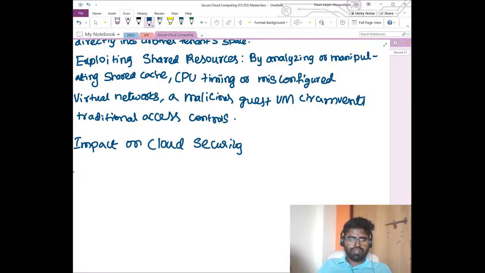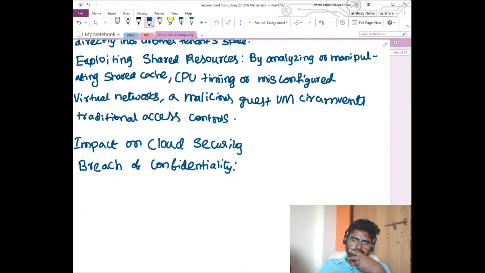One is breach of confidentiality. So it breaks the fundamental multi-tenancy promise of the cloud, exposing sensitive data, cryptographic keys, or corporate applications of neighboring tenants